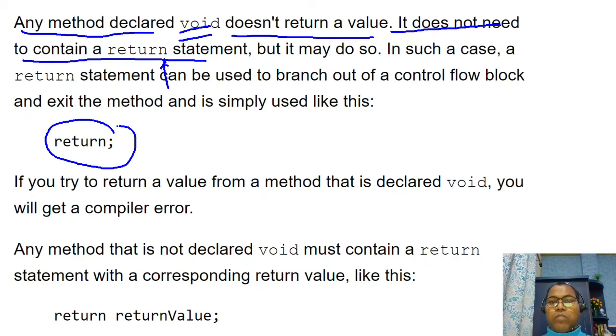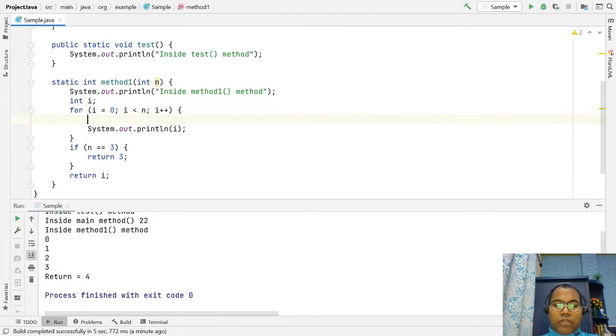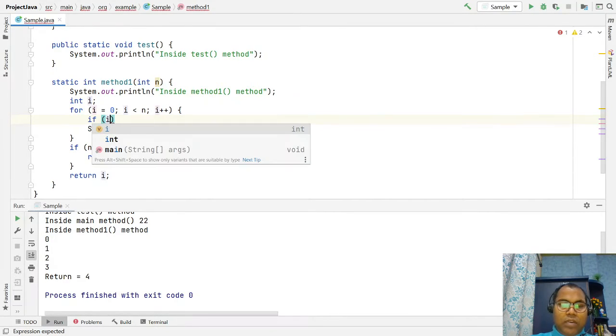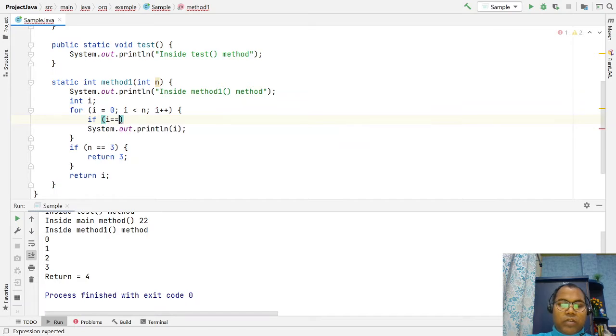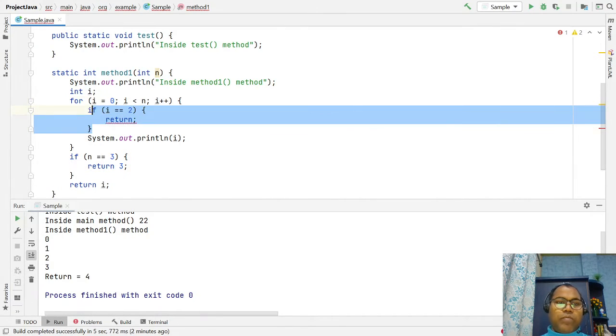want to return control based on some condition, like here, let's take an example: let's say if i equals 2, if true, then we just return. In this case, we have to return an integer type, so you have to return 70.